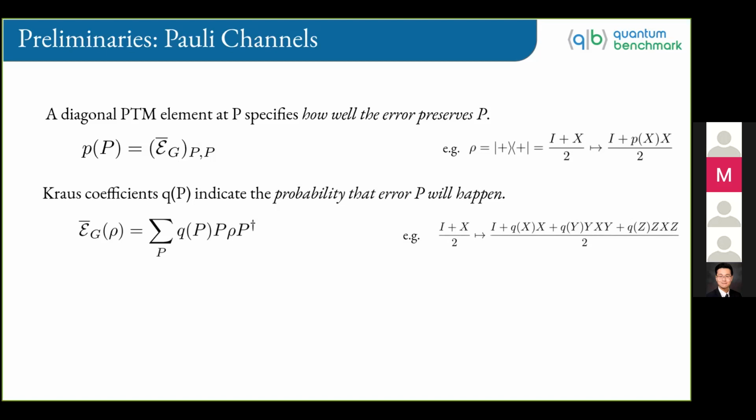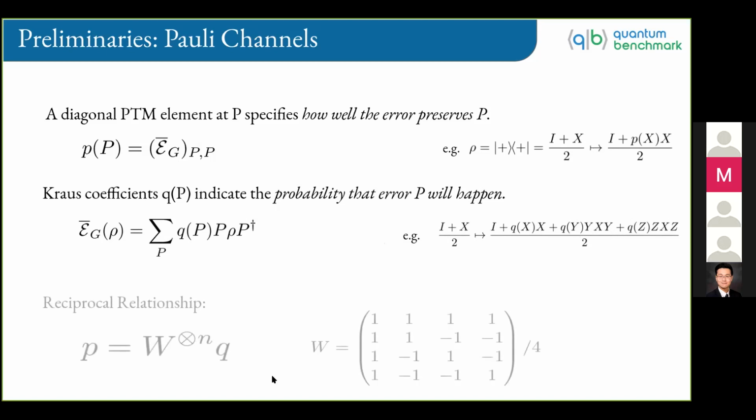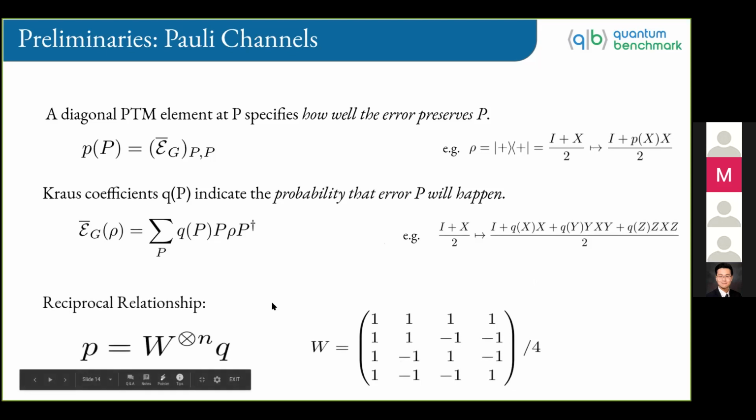There are lots of ways of talking about this. But basically, you take an input state, and the output state is a sum of probabilities of applications of Paulis. So this looks a little bit different. Instead of shrinking x, x gets affected by q, but then it also gets affected by yxy, which is minus x, and zxz. And the reciprocal relationship between this vector p up here at the top and this vector q